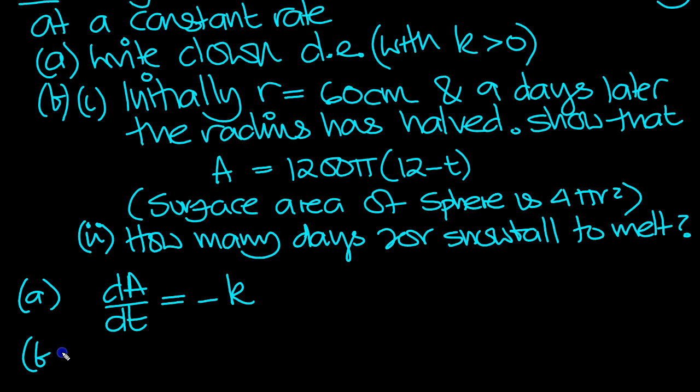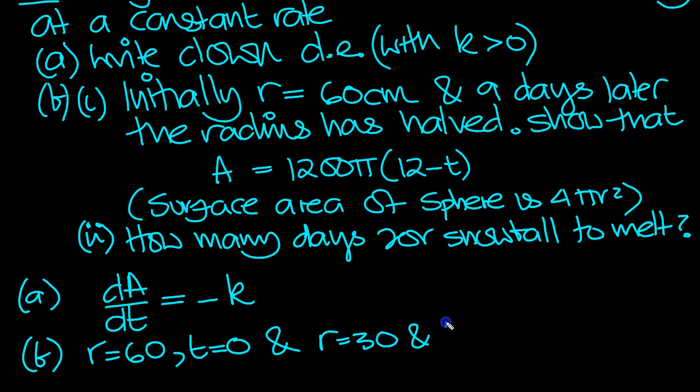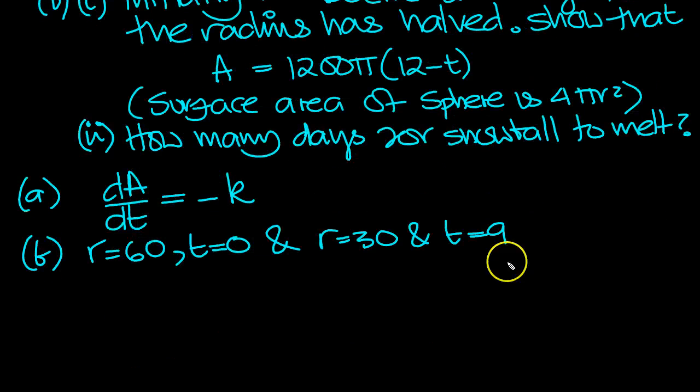So B, r equals 60, t equals 0, and 9 days later the radius is halved, so r will be 30, half of 60, and the time will be 9 days later, t is 9. Show that A is equal to this. So let's separate the variables and integrate then. So here,